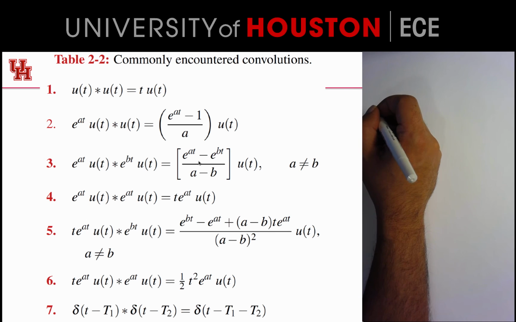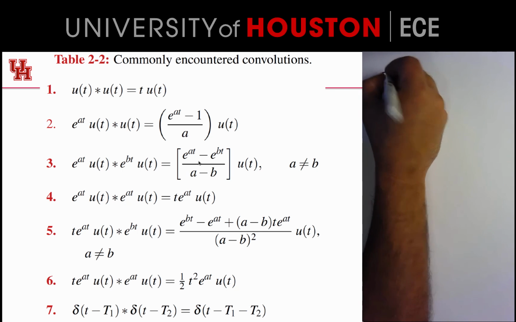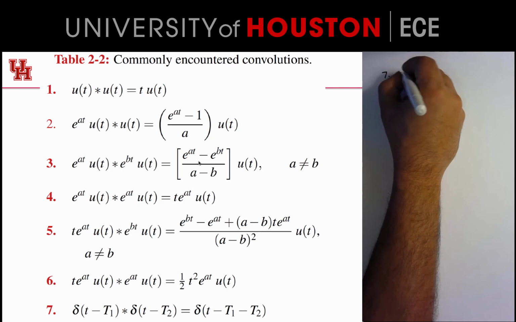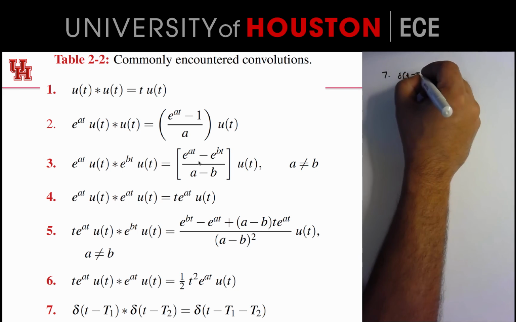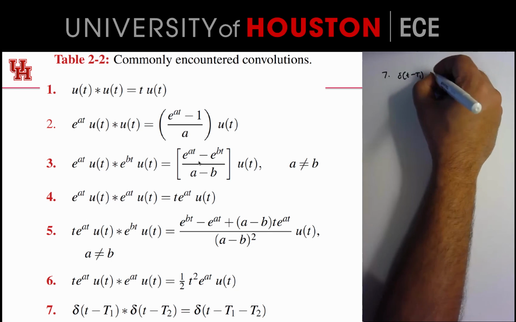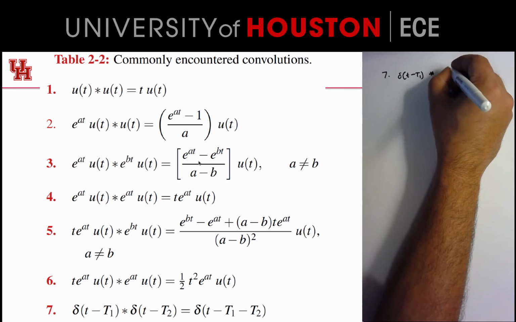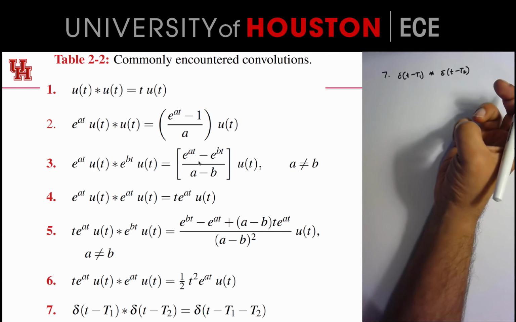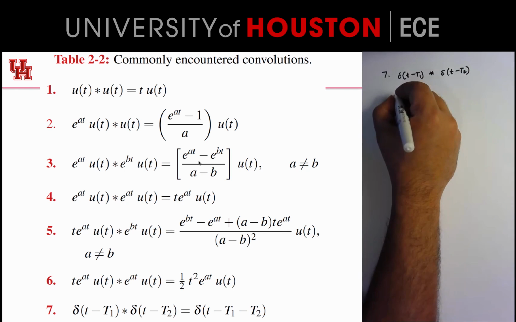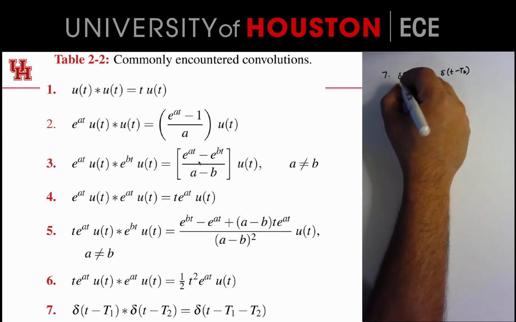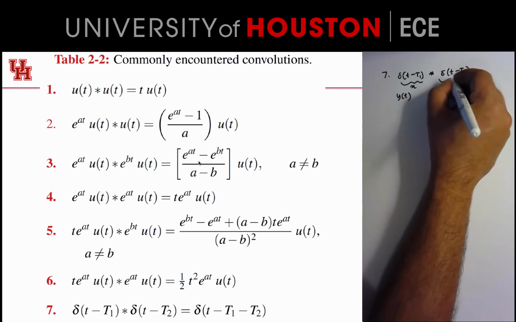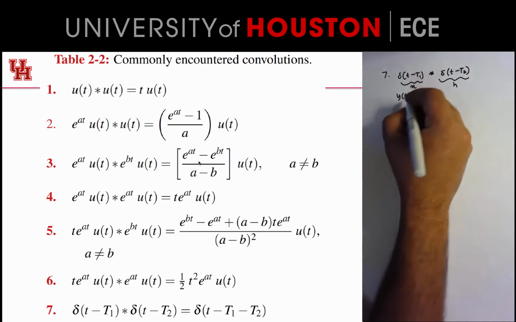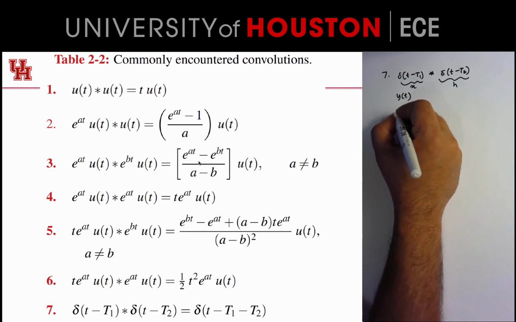Which one here now? Question number 7 asks us to see what happens when we convolve a delta function with another delta function. So let's just think this through. So y of t, this is kind of like my x, this is kind of like my h. I'm going to write down the formula for y of t,